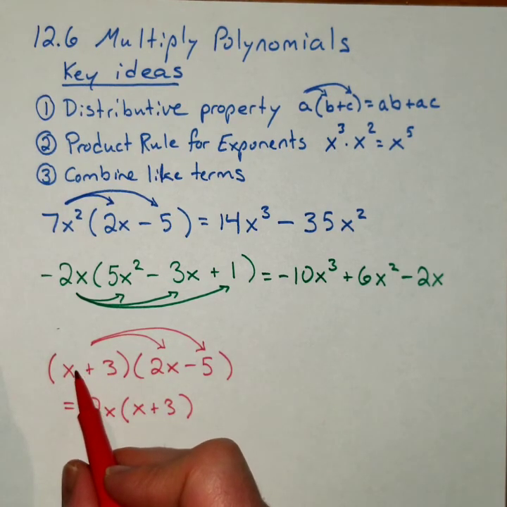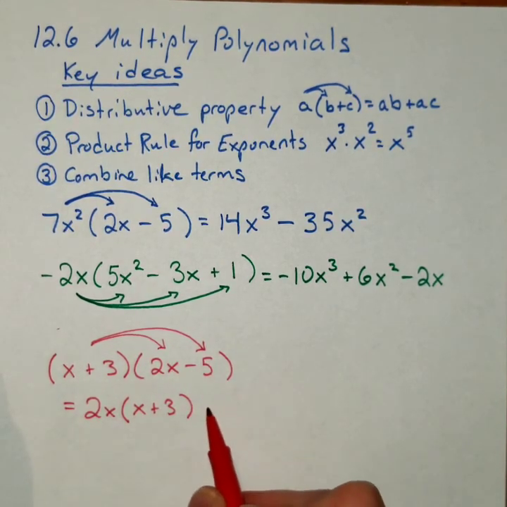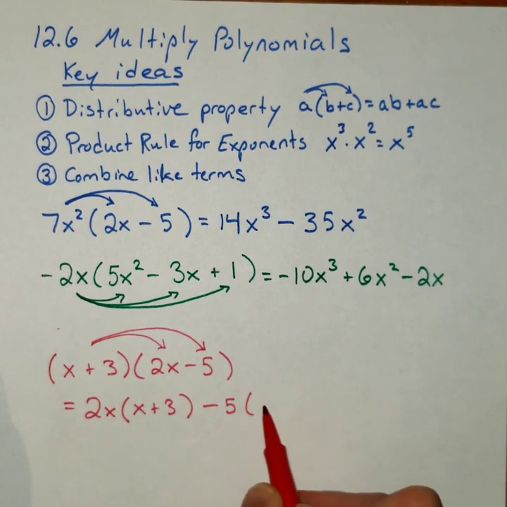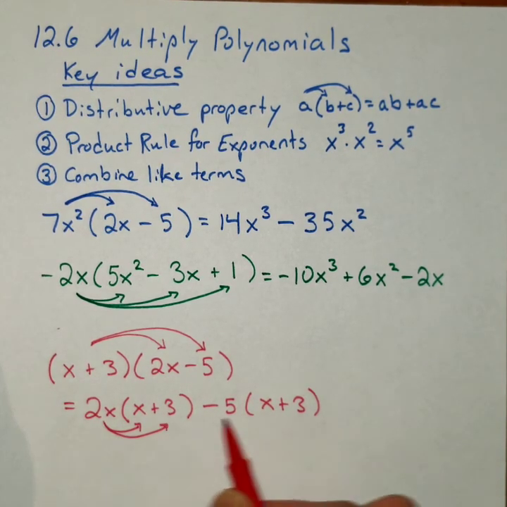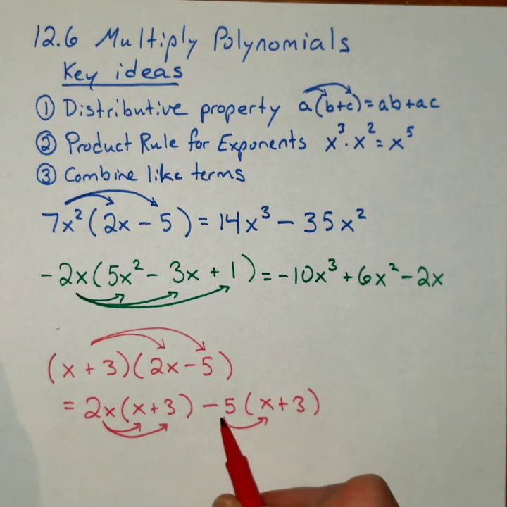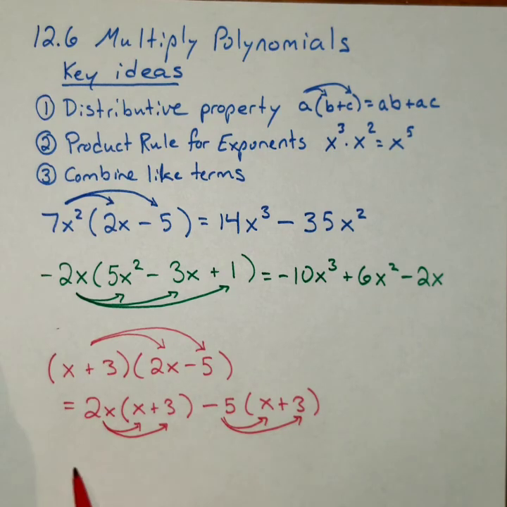And then I'm going to have this whole thing times the negative 5. I'm going to call it minus 5 times x plus 3. Okay, so I've distributed it to both terms on the right. Then I can apply a second and third distributive properties. The 2x can distribute in, and the minus 5 can distribute in. And when I complete those two distributive properties,